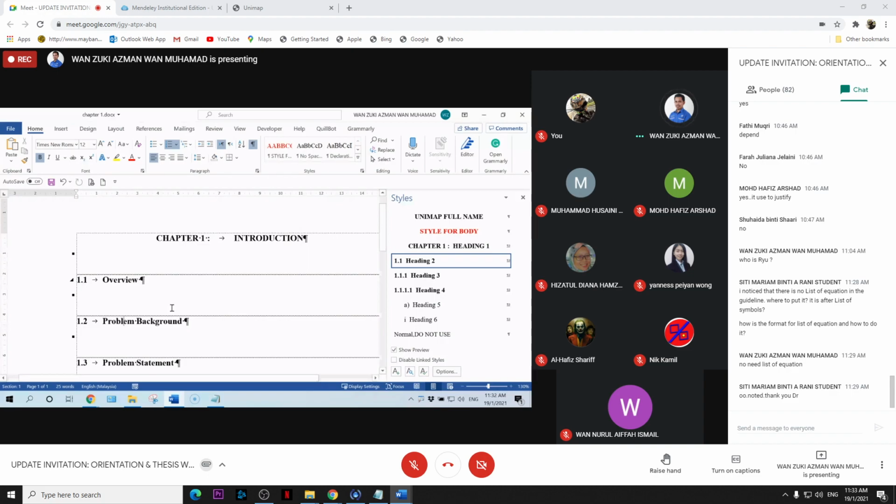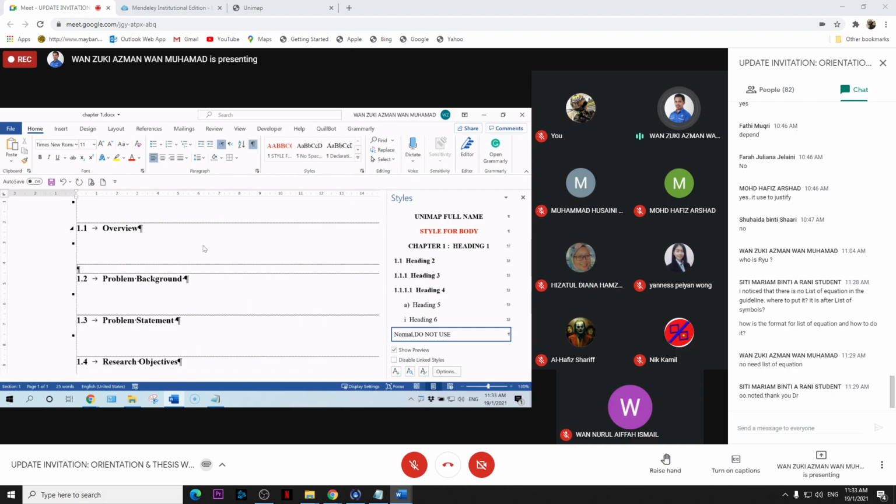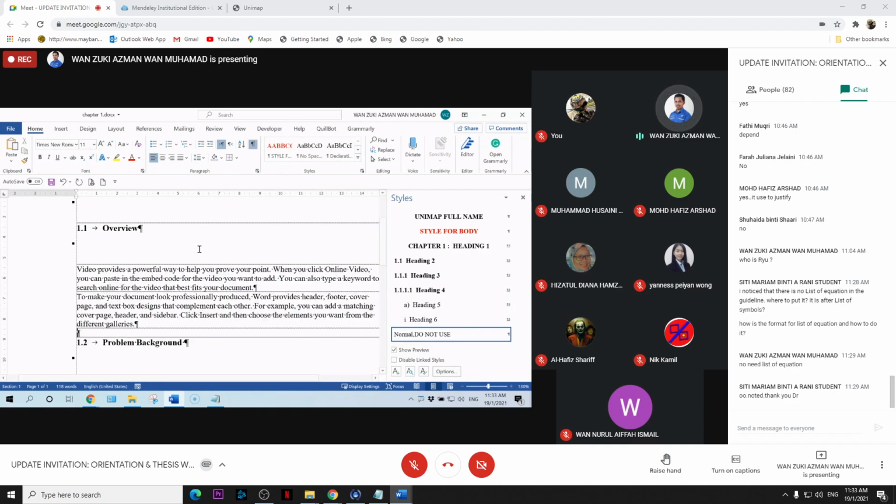All right. Okay, so under the overview, you will have the paragraph. Let's say I just create a dummy paragraph. For yours, you need to type your own paragraph. For demo purposes, I just write like this.